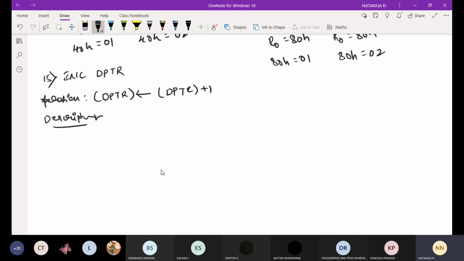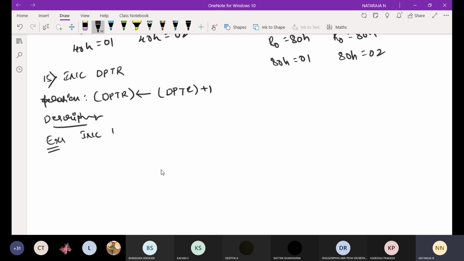This is the only 16-bit register that can be incremented. Example for this: